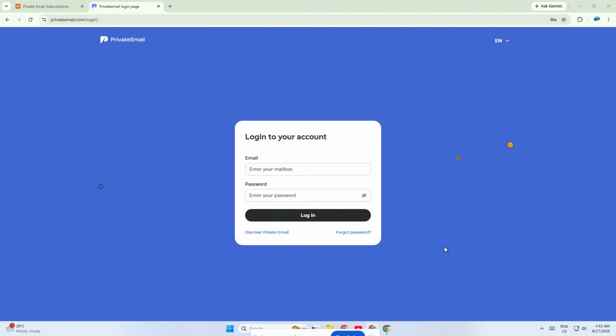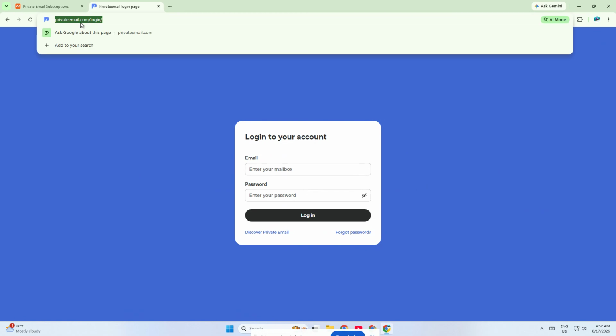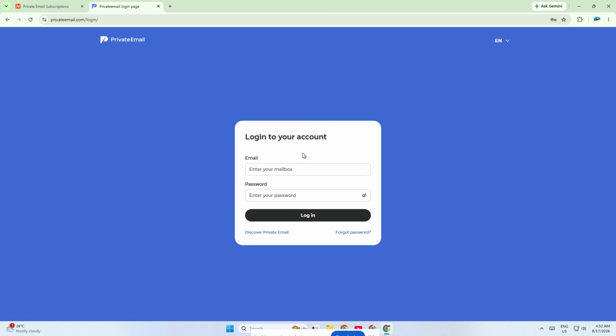First, open your web browser and go to privateemail.com. This is the official login page for Namecheap Private Email, and it's where you'll sign in to your mailbox. Once the page loads, you'll see the login form right away. In the first field, enter your full Namecheap email address exactly as it was set up. Make sure there are no spelling mistakes, missing characters, or extra spaces, because even a small typo can stop you